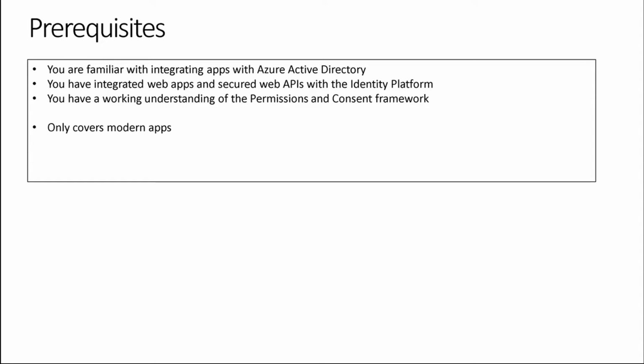And finally, in this particular session, I only cover modern apps. What I mean by that is that these are applications that are using the OpenID OAuth protocol. Two of the features covered are also available to what we call legacy apps, or applications that are using the SAML protocol or some of the other older authentication options that are available in Azure Active Directory. But I'm pretty sure that if you go through this, you will find them useful even for applications that do not necessarily use the modern protocol to authenticate with Azure Active Directory today.